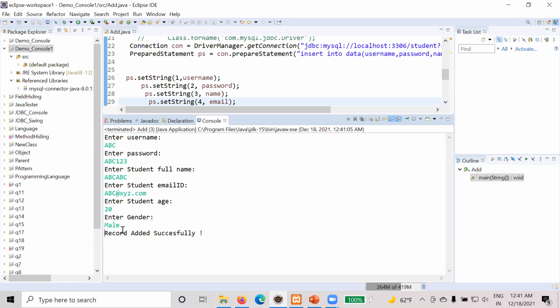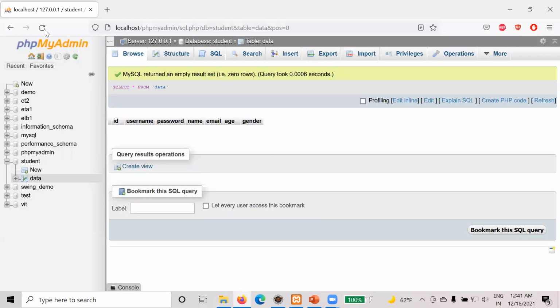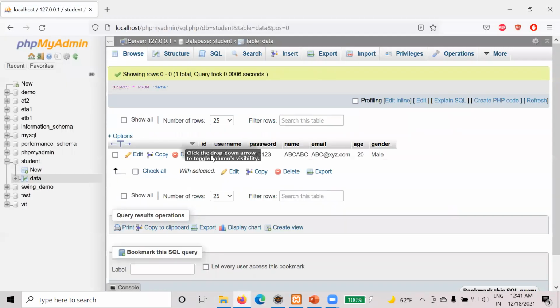Now it prompts the message that your record is added successfully. Now we'll see whether it is really added or not. If I refresh it, yes, our record is now added successfully.